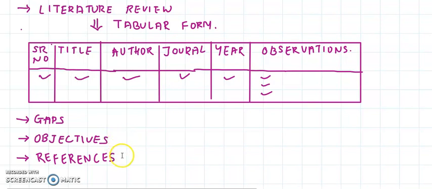And finally, it is the references. All the references, all the papers that you mentioned here in the literature review in the tabular form, all this will be coming to your references in the IEEE format. So you can go to any of the websites where the papers are published, and you can go for citing the publication. Once you do that citation, you will get the exact format in which you're supposed to write it down, and you can copy paste from that.